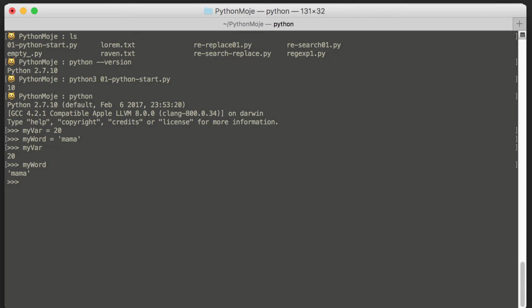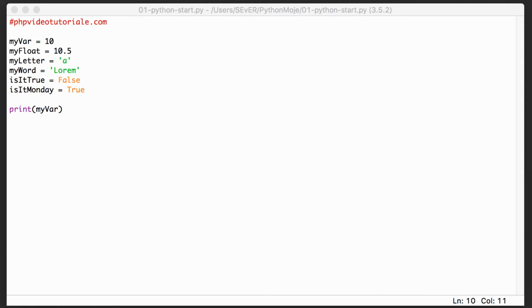is a mama. If I want to check what kind of type is my variable, boom, I'm writing the function type and the name of my variable within parentheses, and I'm getting that the type is integer. And let's check the type of my word. My word is a string. Yeah, so this is a simple way to declare variables within Python. That's enough for that lesson.